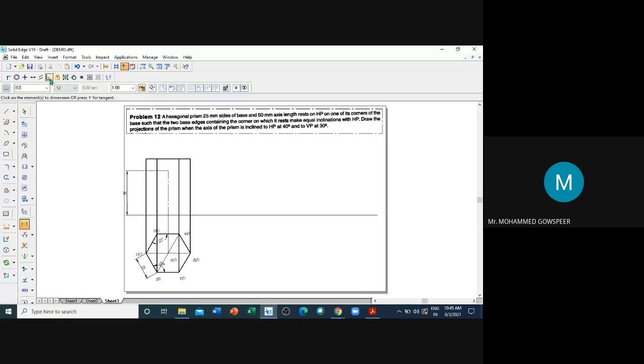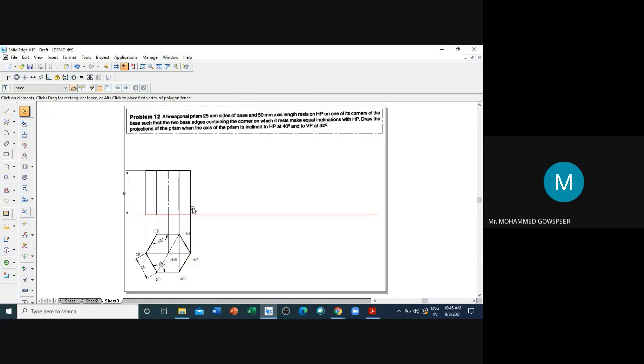Otherwise, you can use the relationship toolbar, equal. So this must be equal to this. Now we draw the base. The projection lines also I used the visible line style. I will make it normal line style or thick line.